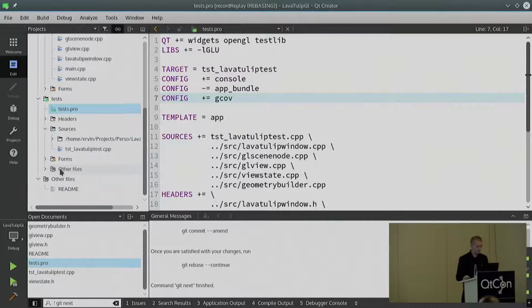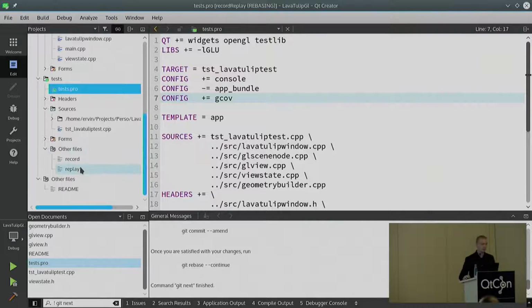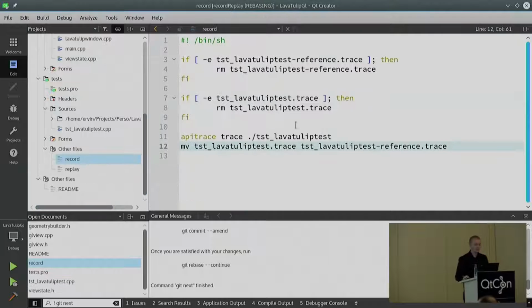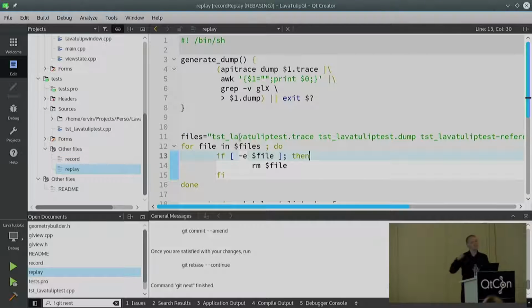So, very simple shell scripts. One which just does the record, and really the magic part is there: just call API Trace on our test, and that will generate a file, and we save that file. That's our reference trace. And then when we do the replays, because we will replay plenty of times,